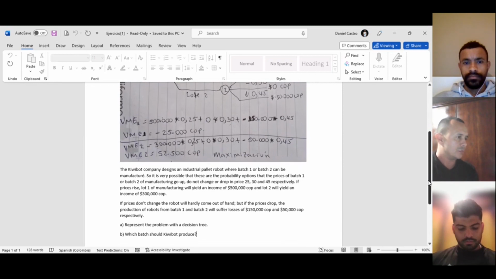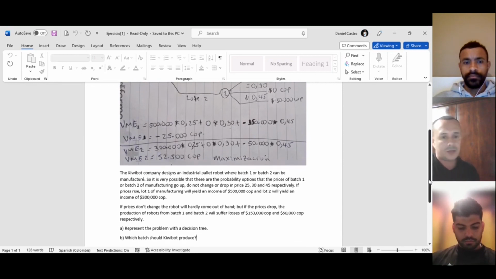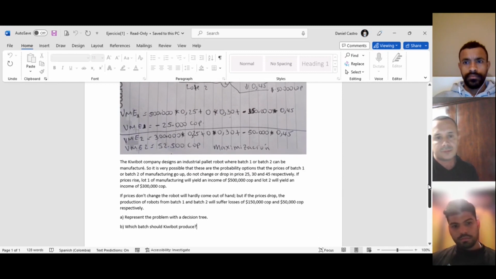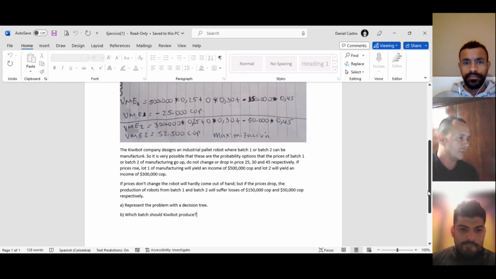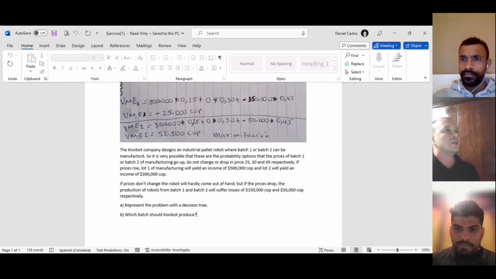Now we see the questions. A. Represent the problem with the decision tree. B. Decide between batches 1 and 2 for the KiwiBots company to manufacture. We are going to solve from left to right and then from right to left. We are going to start solving by calculating the expected monetary value of every node, EMV, and making the decision